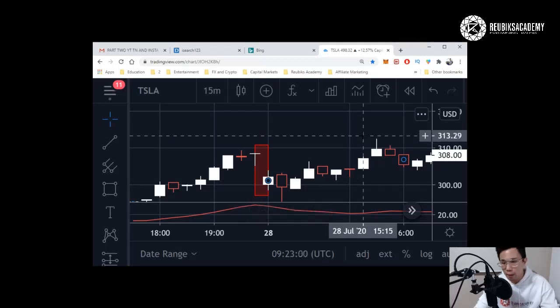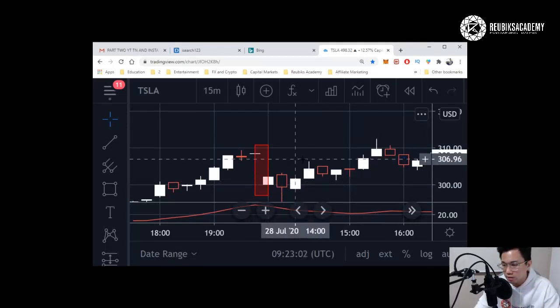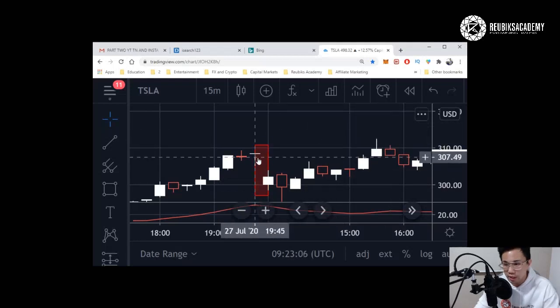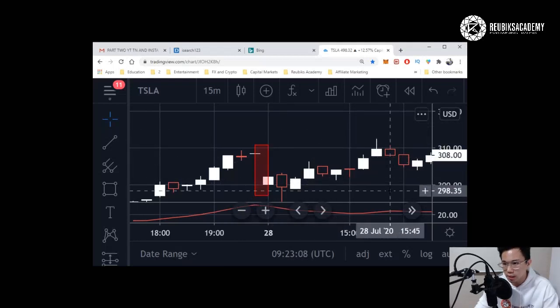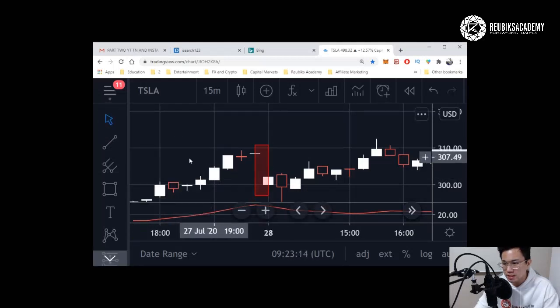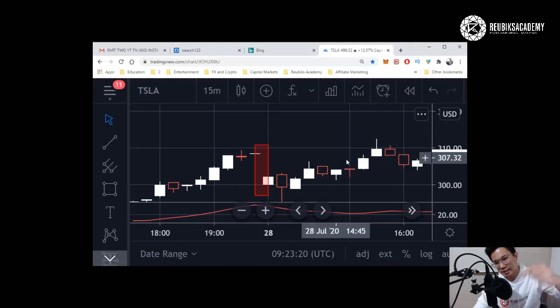The red box there is what we call a gap down, because in this case you can see that from this rectangle over here to this one over here, let me just use an arrow. You can see that from this candle over here to this candle over here, the next candle appeared at a lower position, so that's what we call a gap down.